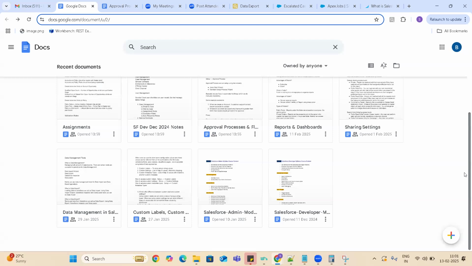If you don't practice and sit idle, obviously you will forget everything that you learned till today. Now you will be in a position to understand everything that you see in Trailhead, because now you have knowledge of each and every concept needed for the admin.